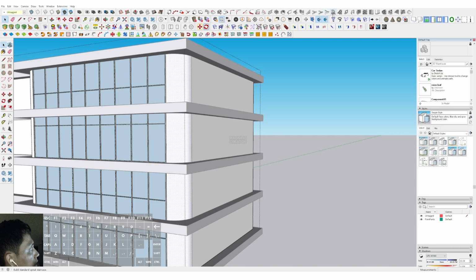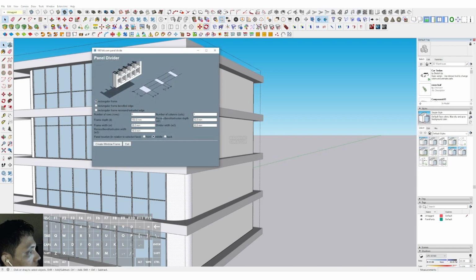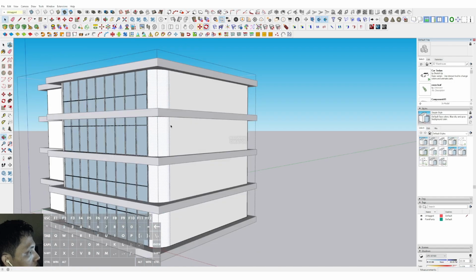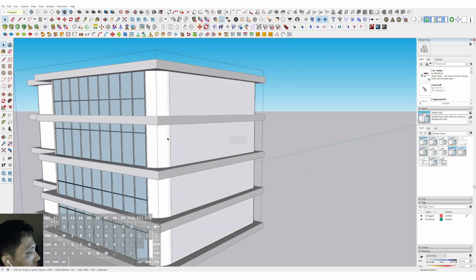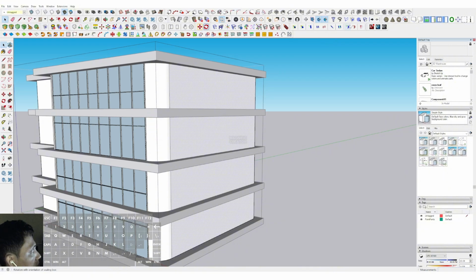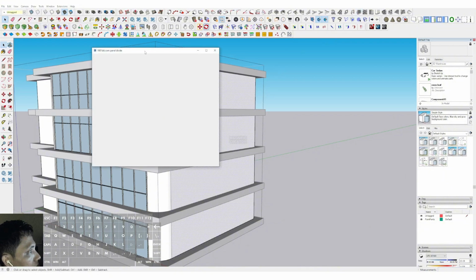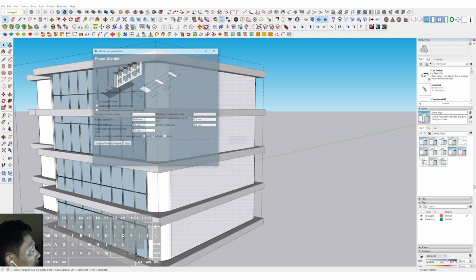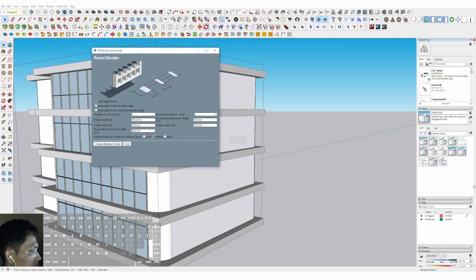We can try again. Okay, we can try again. The number of column is only 1, but it cannot make the frame on the curve. So the curve is only the ordinary glazing. We can make another divide. Sorry, we can try to click again. We can type 8 and just create the window frame in here,